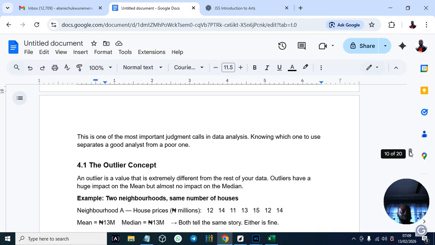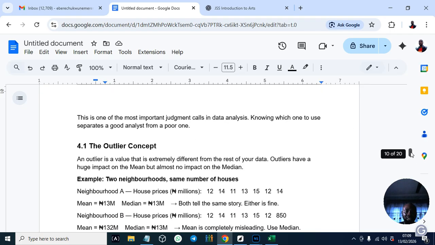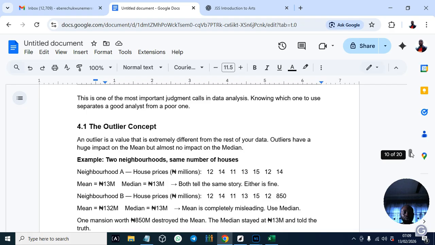The rich will change the mean and it looks as if everybody is living fine, while people are not living fine. So this is where you have to understand when to use which one. This is one of the most important judgment calls in data science. Knowing which one to use separates a good analyst from a poor one. So pay close attention to know when to use which, right?